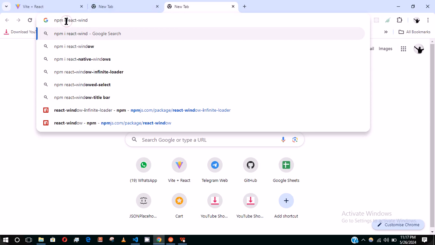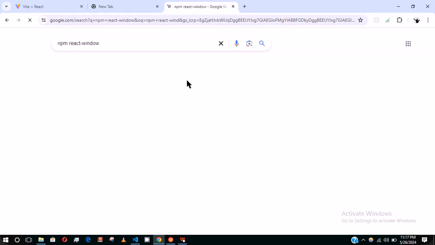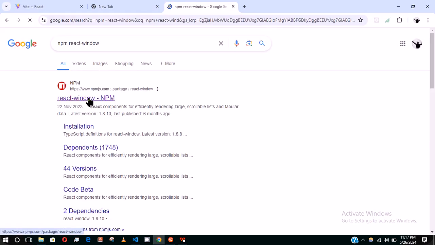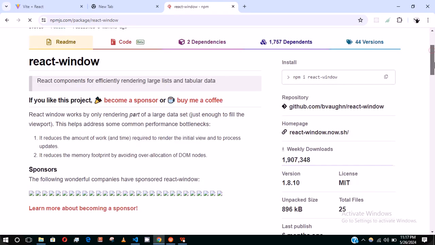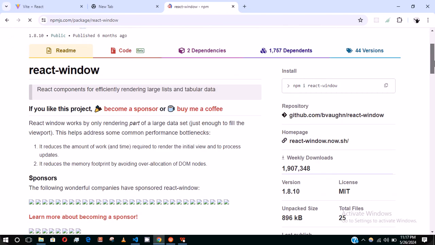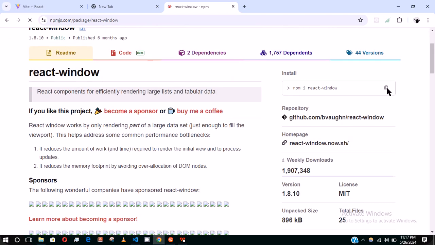There should be no need for the install. npm react-window. That will take you to the npm documentation. You click on this first one. Just wait for it to load, then it will take you to this documentation. Of course, this is how you install it. So you copy this,